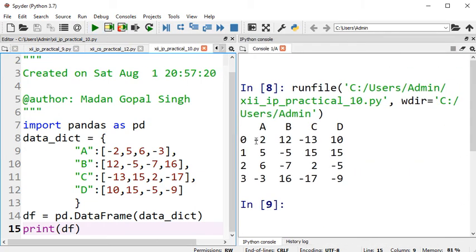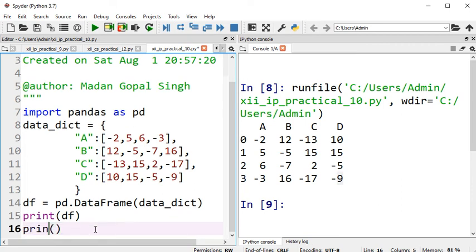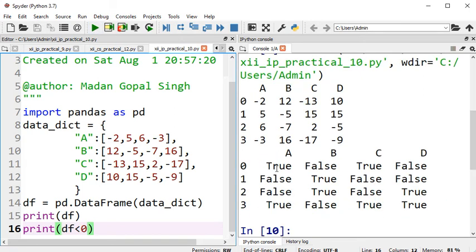Now what you need to do is replace all those values that are negative. We need to replace those values with 0. So for dry run purposes, I am going to show you how the df less than 0 output looks. You can see here it is a boolean data frame, where wherever we have a value less than 0, it gives True, and wherever we don't, it gives False, like this.